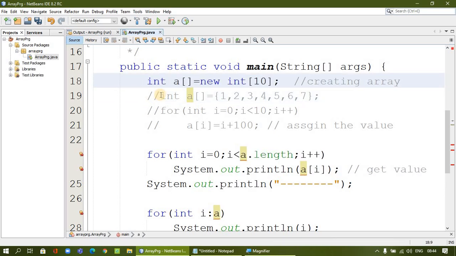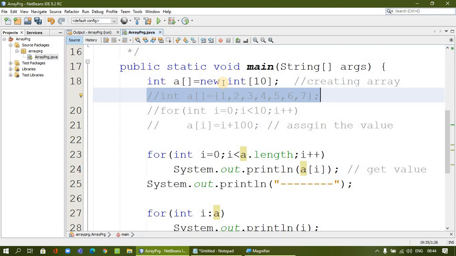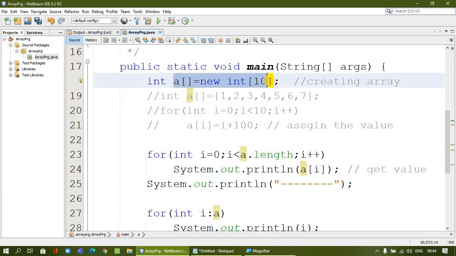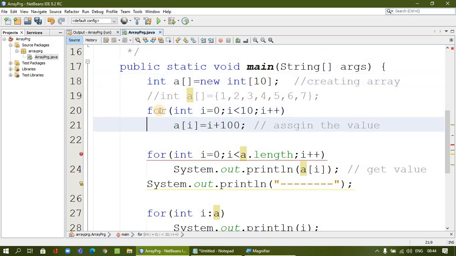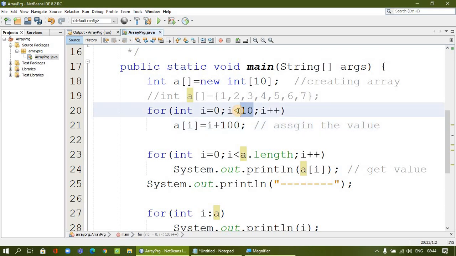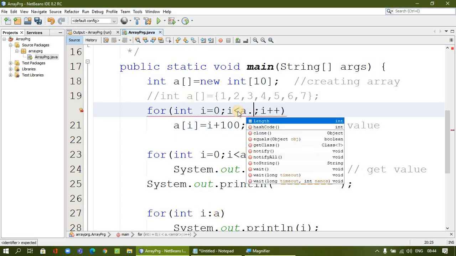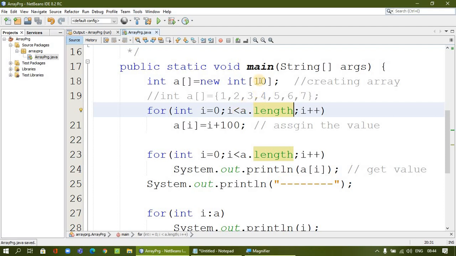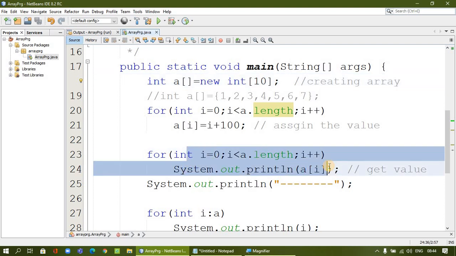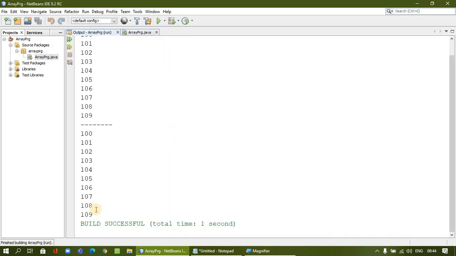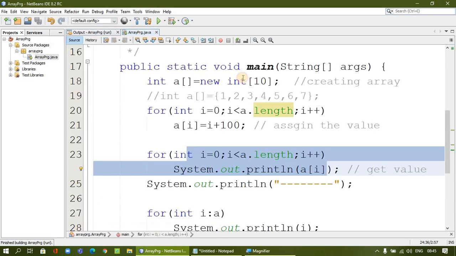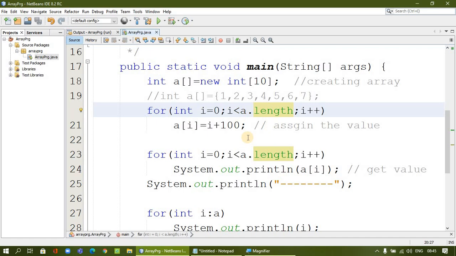I'm just commenting out this present one, and I'm starting with the previous one, in which we don't assign the value. So I will go for assigning the value, and while assigning I will also go up to the length. So I will assign the value up to the length, so it will go up to the length. So with a total of 10 elements, it goes from 0 to 9. And I am also asking to print the same values. It is the same thing, but instead of specifying the number, we use the length method. So the length method works well, and the array length can be identified and used.